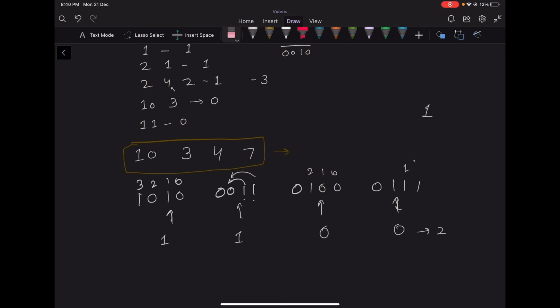But it is greater than our optimum value, so we'll consider the case where we set the third bit on. Here the third bit is already on, so we'll require 0 operations. Here the third bit is off, so we can either move this bit here or this bit here, but we'll take the minimum number of operations, that is, we'll require 2 operations. Now here we can move this bit here in 1 operation. And here we can move this bit here in 1 operation, so the total number of operations required will be 4. But it is greater than our current optimum.